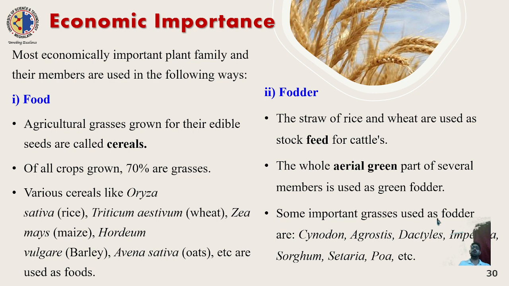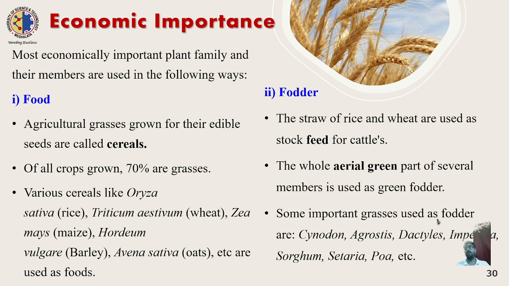So from the food perspective, it is the most important, most economic family. Next to food is fodder. It provides food not only for human beings but also for animals. Like it feeds cattle. There are several species which use the aerial part as green